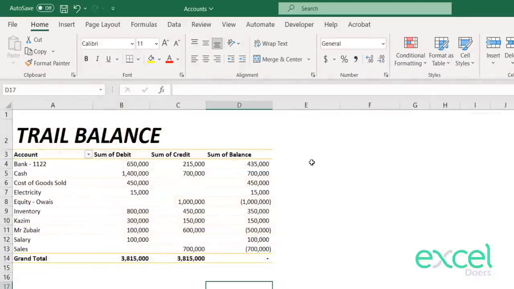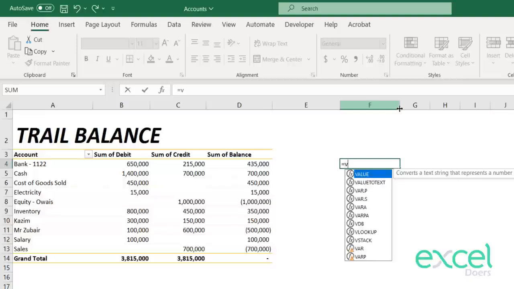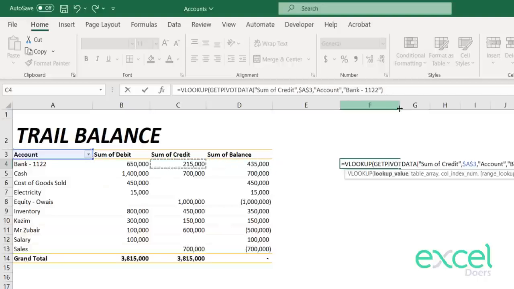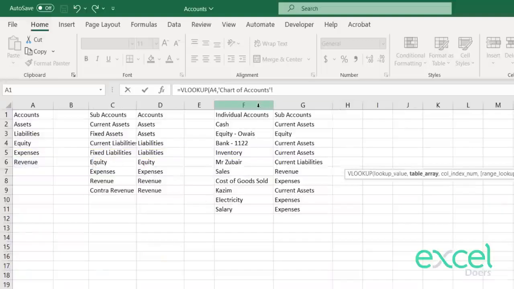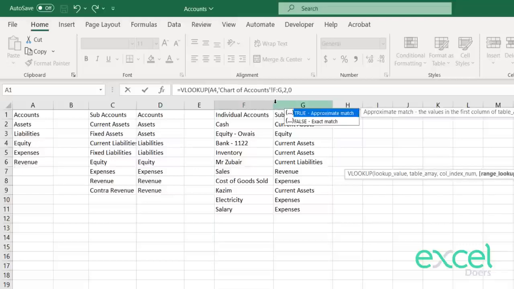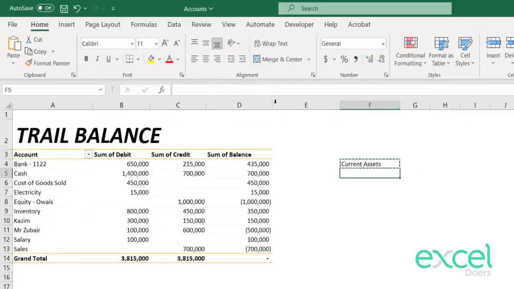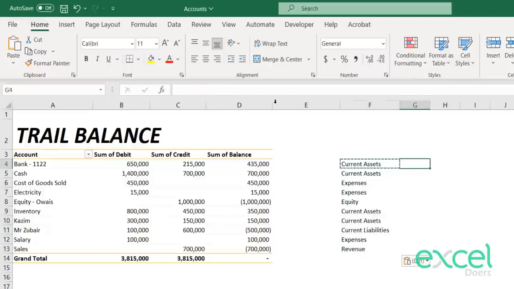So what I have to do is I have to fetch, so I have to do some hidden working here. So let's say I call it VLOOKUP, and I will select this account, comma 0. Then I will select my chart of account, and I will take the sub account column and press comma, then 2, then comma, then 0, then comma, then enter. So this is my current assets, this is my fixed assets, right? So if I look into the accounts like this, where it should go,